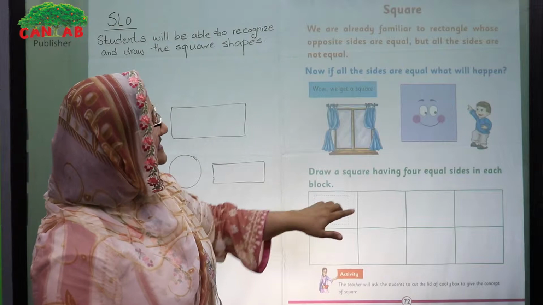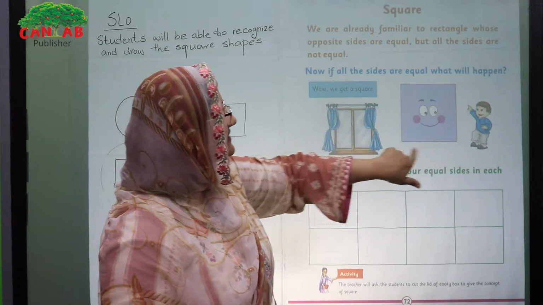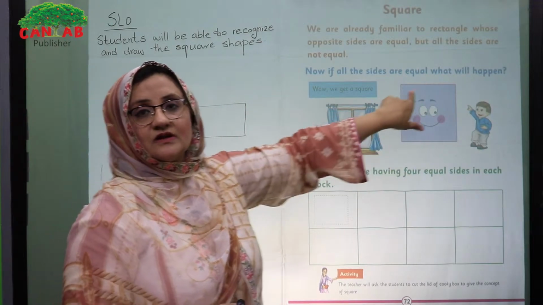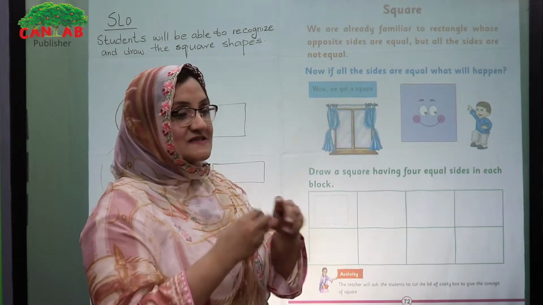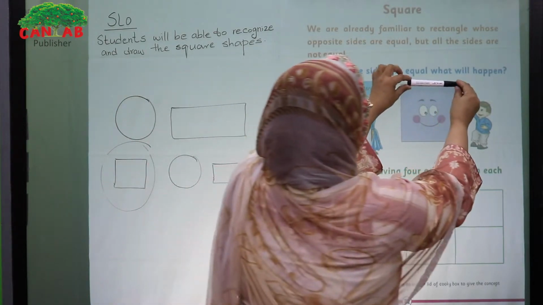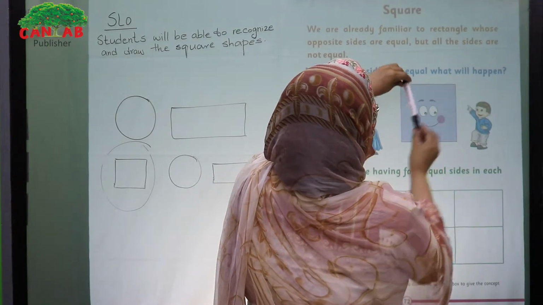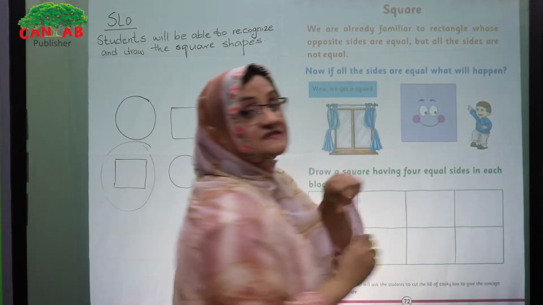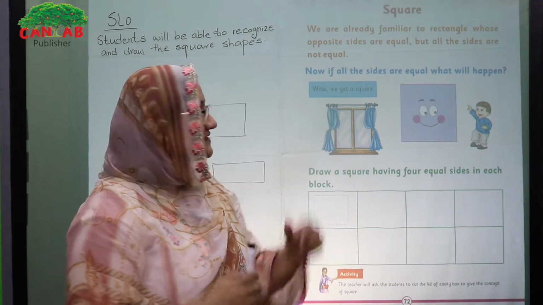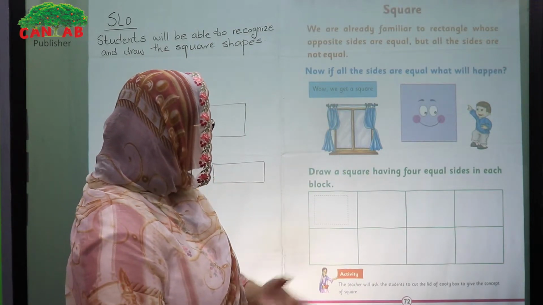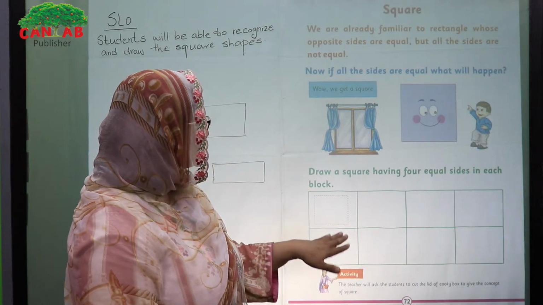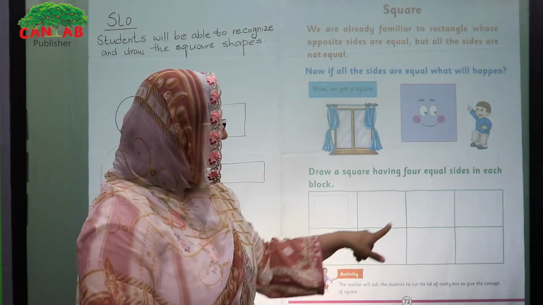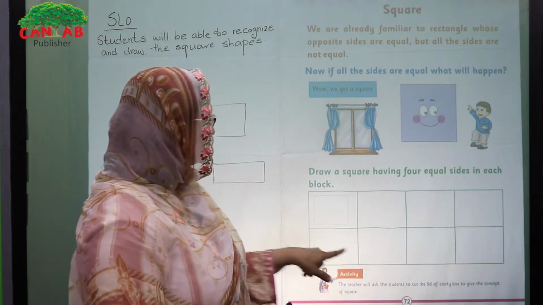After this, you are going to invite them to open their books and tell them that it is a square because it has all the sides equal. It's good to use a scale to measure the sides like this, to show that all the sides are equal. After this, you can guide them to work individually and draw a square in all the boxes